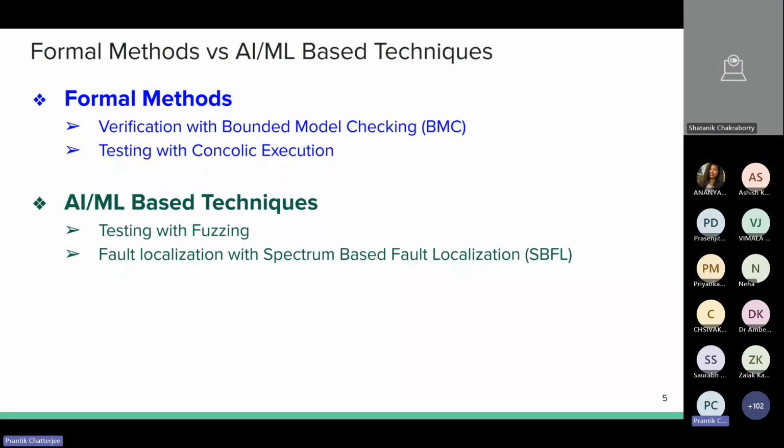And on this mathematical design, you can do reasoning to find out whether this design contains any errors or not. So MathWorks allows you to do this concolic execution on these designs to find out bugs. So this is essentially testing with concolic execution.